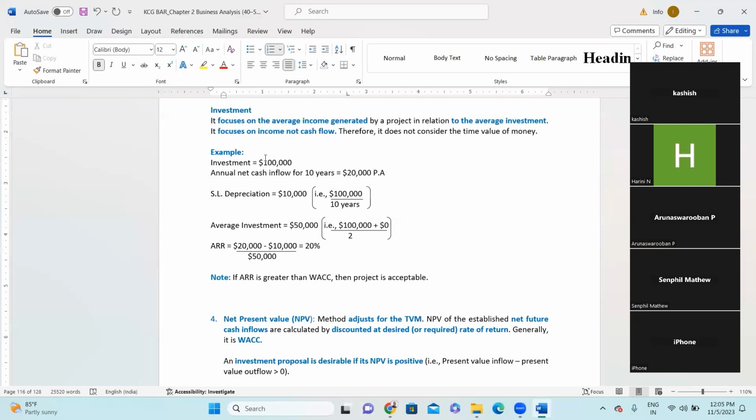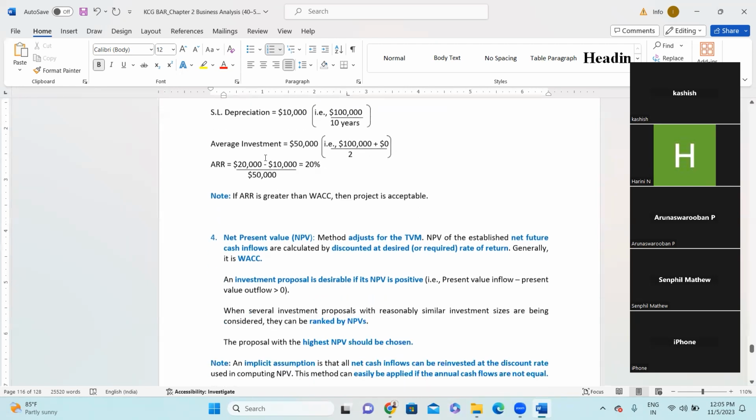If ARR is greater than WACC, what is WACC? Weighted average cost of capital. So if you are getting annual rate of return more than the weighted average cost of capital, then investment is viable. So you can accept that project and move on,